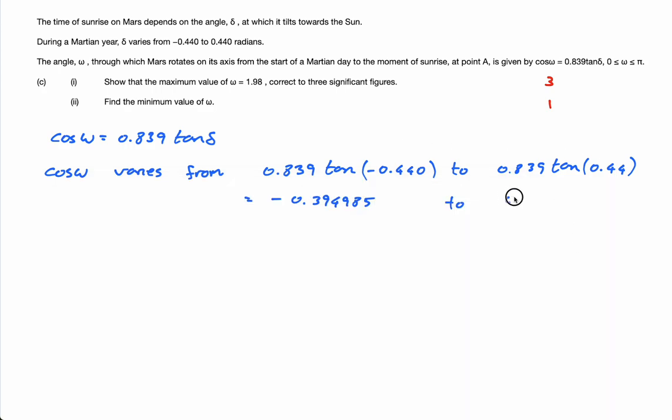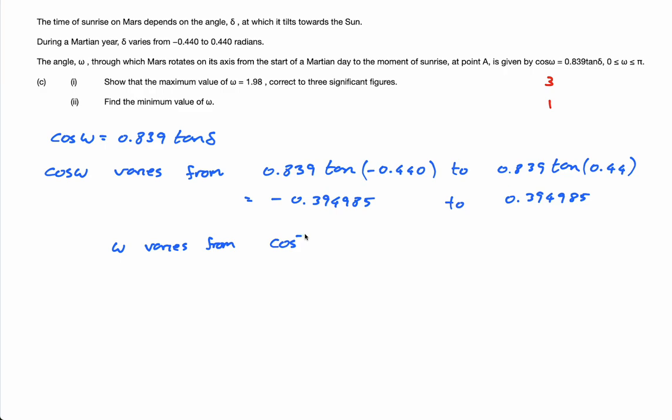I should have known that. 0.394985. Right. So cos of omega varies from this to this, which means omega varies from the inverse cos of